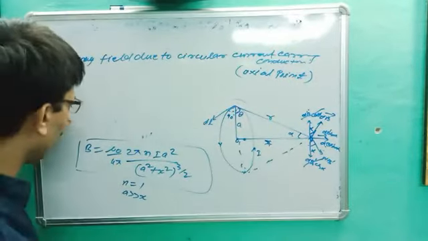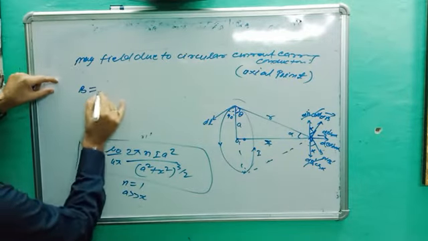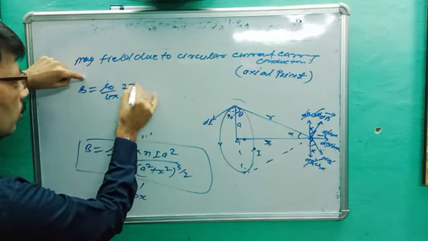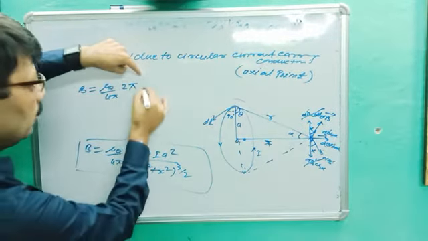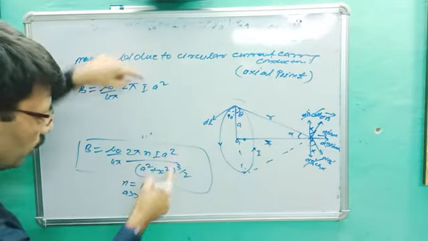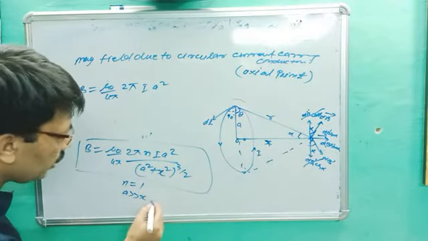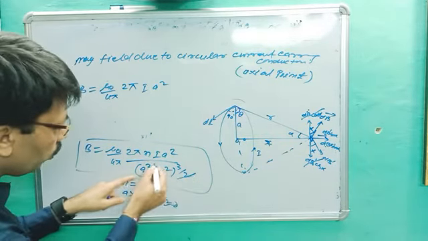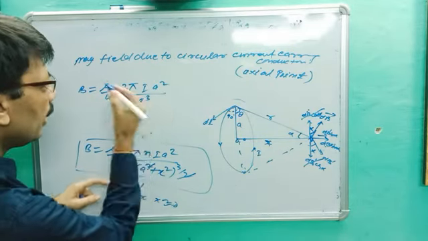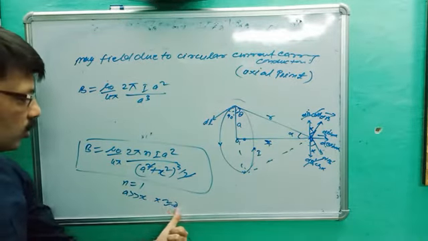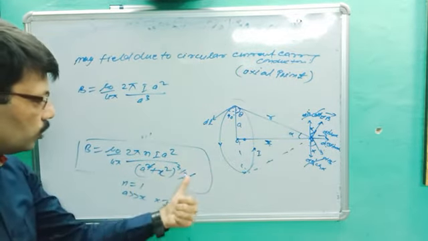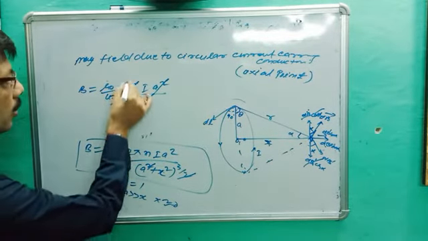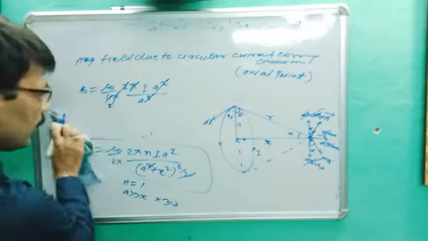This is a very important formula. This is already taught in class 10. B is equal to mu naught upon 4 pi, 2 pi, n is 1, I a square upon a square plus x square whole power 3 by 2, where x is 0. Because x is very small, we can write x is equal to 0. So we will get 0, a square to the power 3 by 2, the 2 cancels, we will get only a cube. A square and a cube will cancel out. Pi will cancel out, and the 2 and 2 make 4, which will cancel out. We will get the accurate answer.